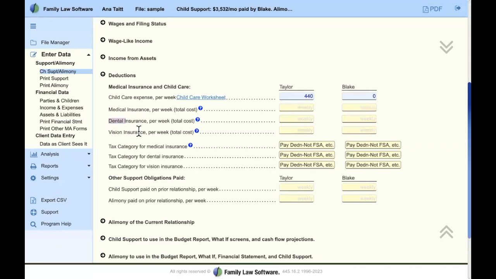Medical, dental, and vision are all located here, and we are asking for the total cost. So in this case, let's say that the weekly premium, and again, we know that everybody's pay period is different. So ultimately, we're asking for the per week cost in this box. But if the client is giving you the information on a biweekly or monthly basis, if you click the number